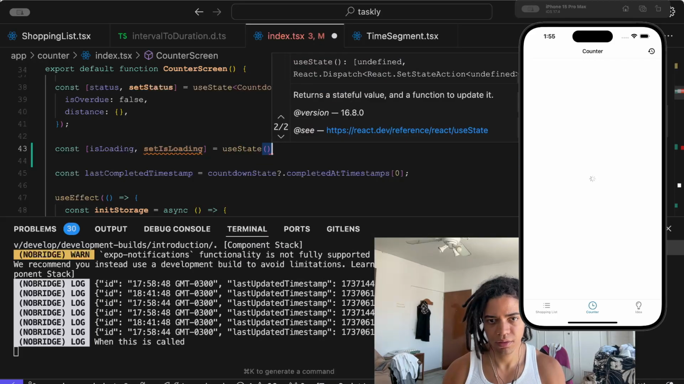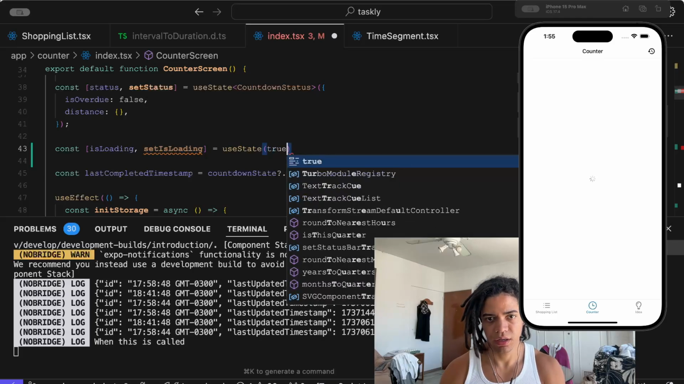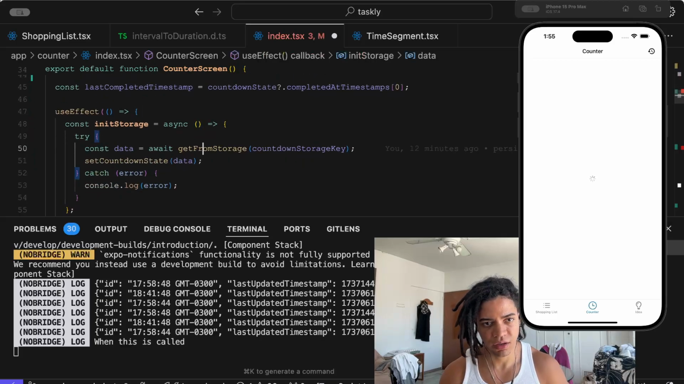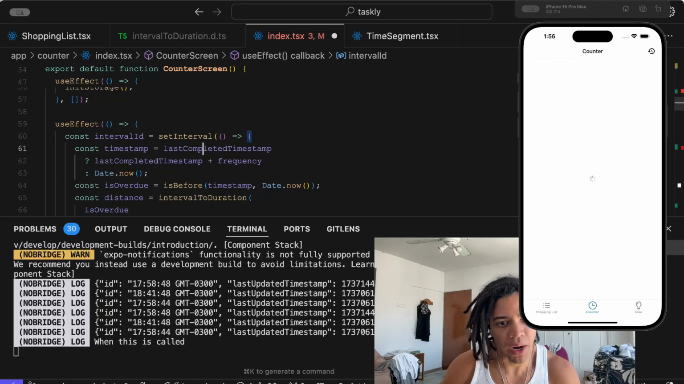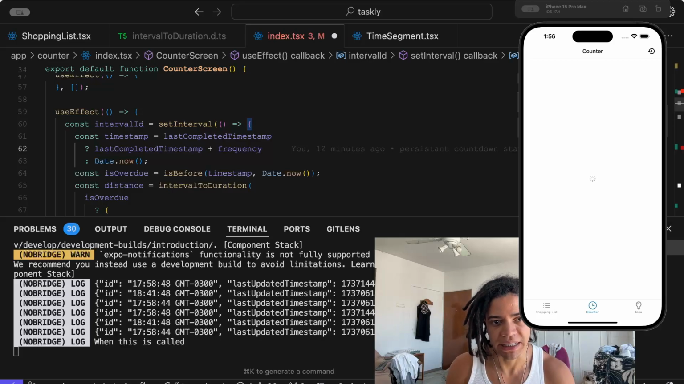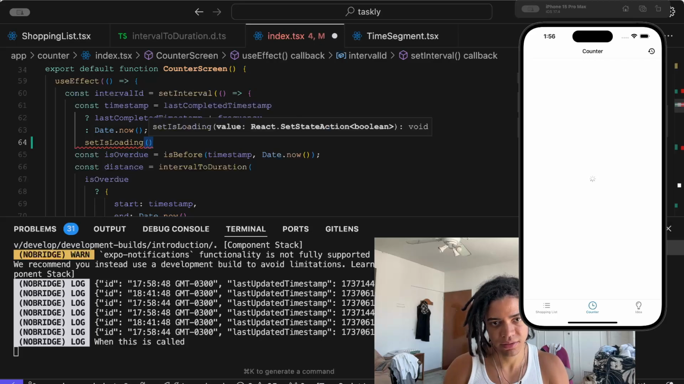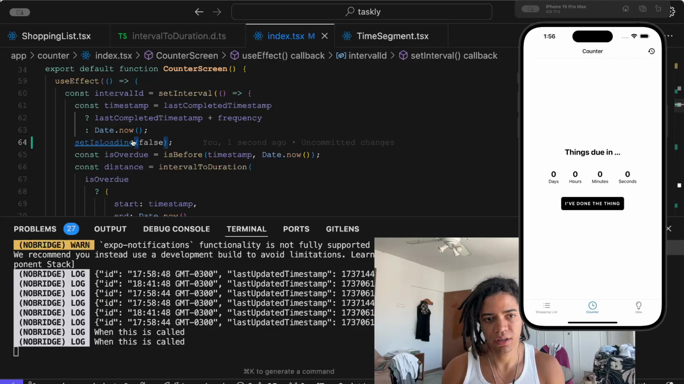It actually wouldn't work now with the initial load, because if we didn't have a last completed timestamp, initially this will be true. If we try to do this here, it won't of course show that immediately, because it loads that data, but it needs to wait until the first interval has been completed. In other words, if we set this to false, and we go to this,